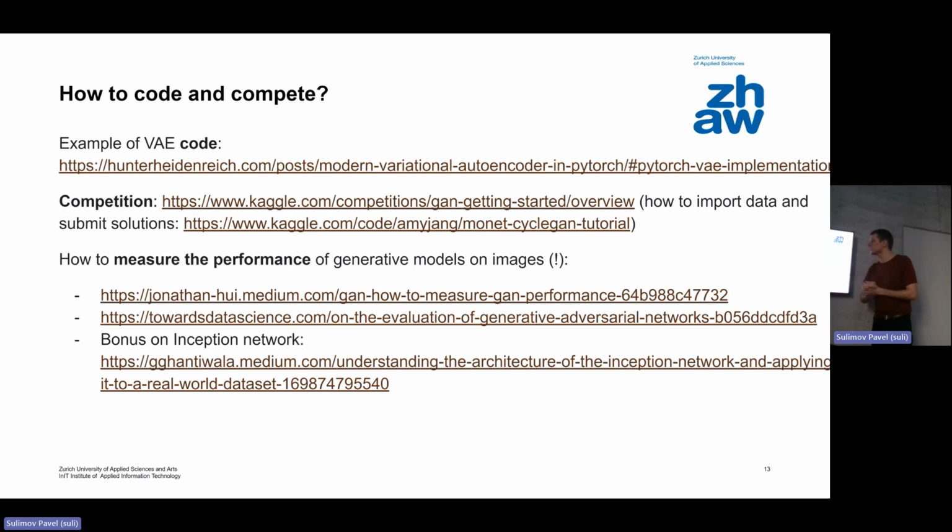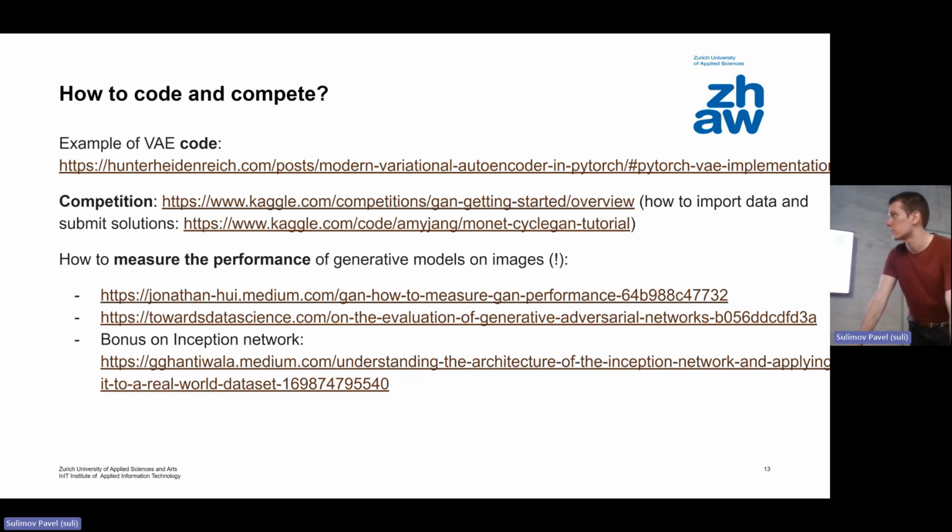Basically, there is a Kaggle competition, for example, about painting like Monet. What is the idea? It has 300 images of Monet pictures. I'm pretty sure Monet should have more pictures, but okay, 300 is enough. And it has like 7,000 pictures of arbitrary photos of, I don't know, buildings, people, whatever.